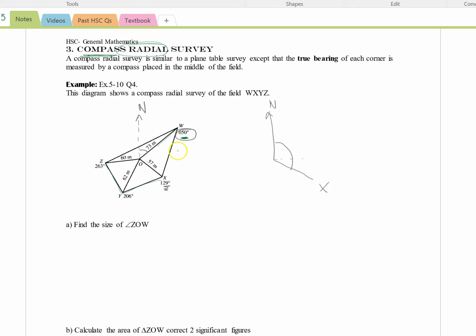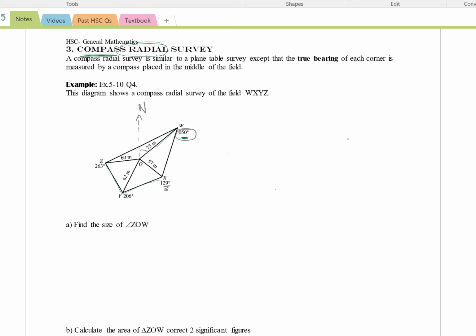Around to Y, and again we're going from due north, so this time we're down here to Y, and we can see that we're bigger than 180, but certainly less than 270 degrees. So somewhere between 180 and 270, which is this 206. Z is also placed out here, and it is also just less than 270 at 263 degrees all the way around. So that's what those values represent, and it is then those angles that we will use to